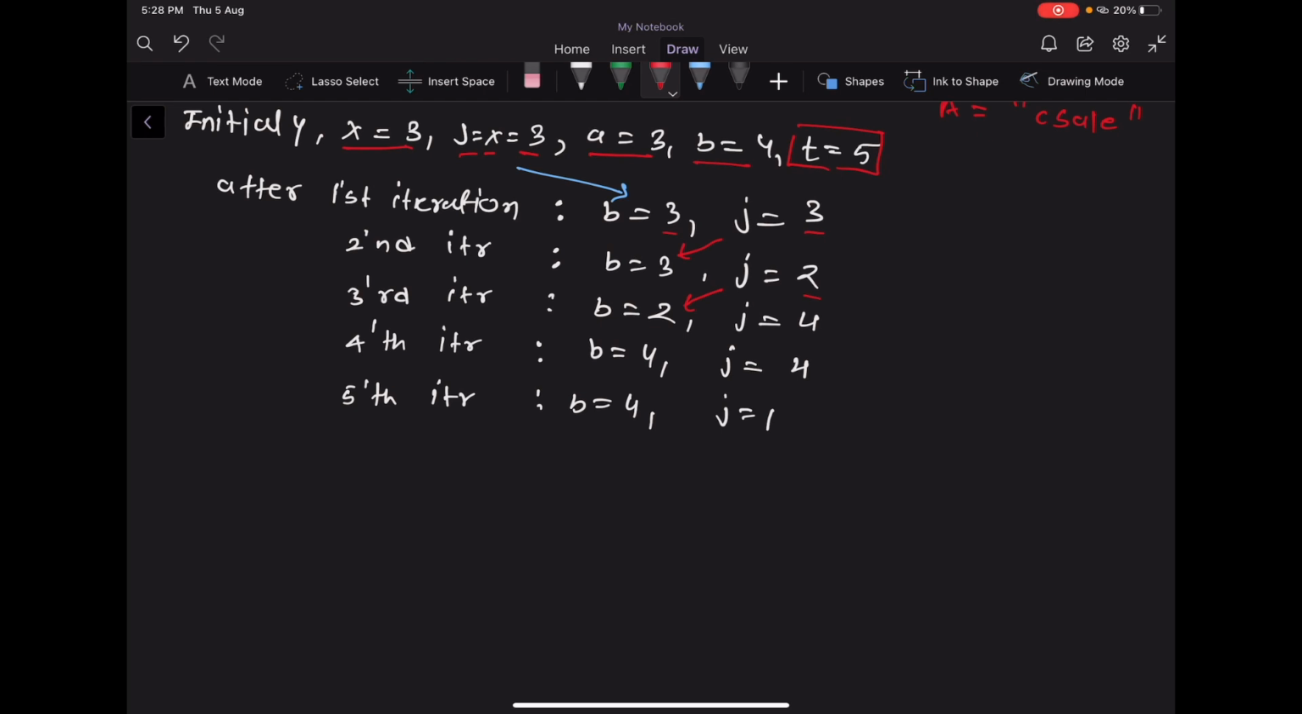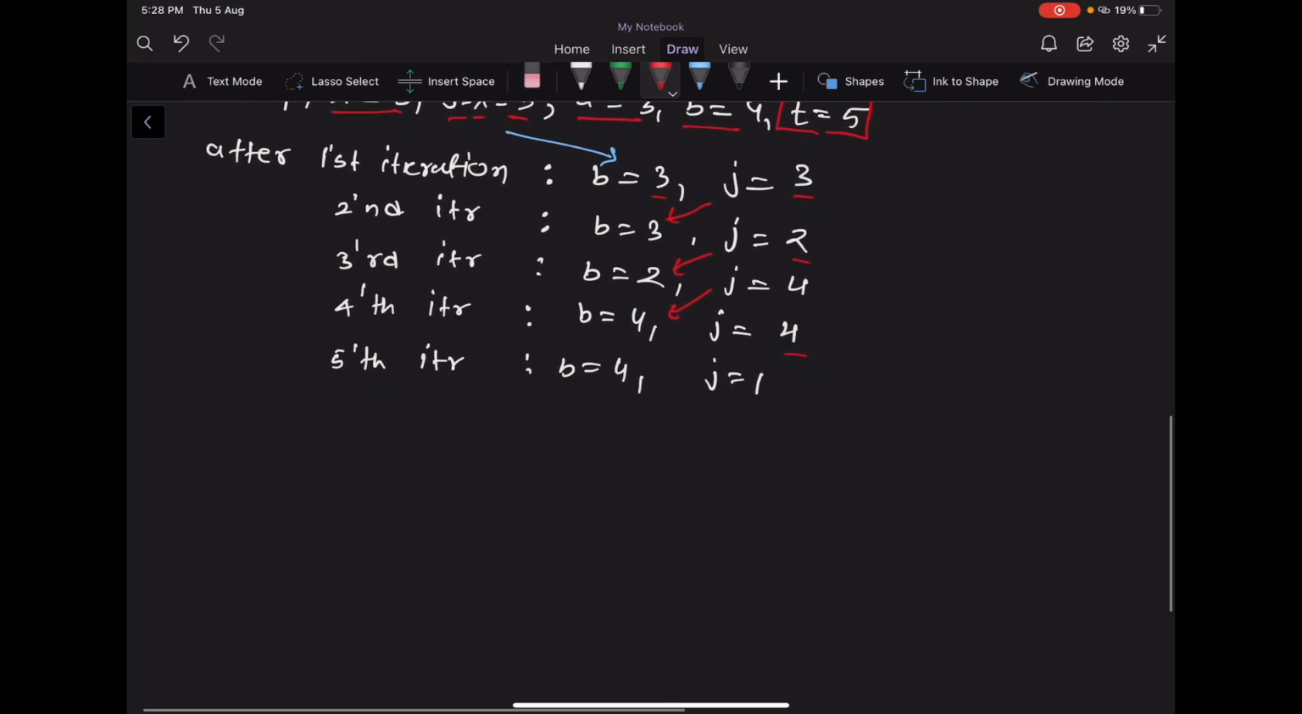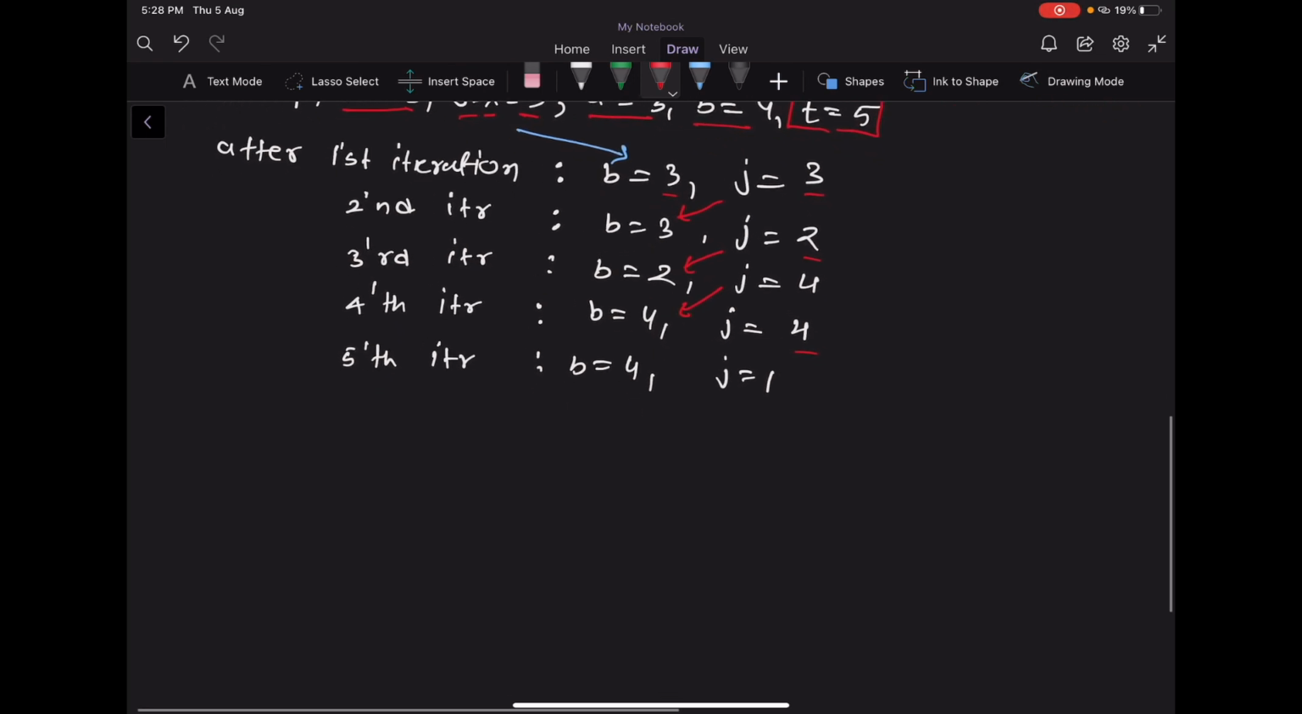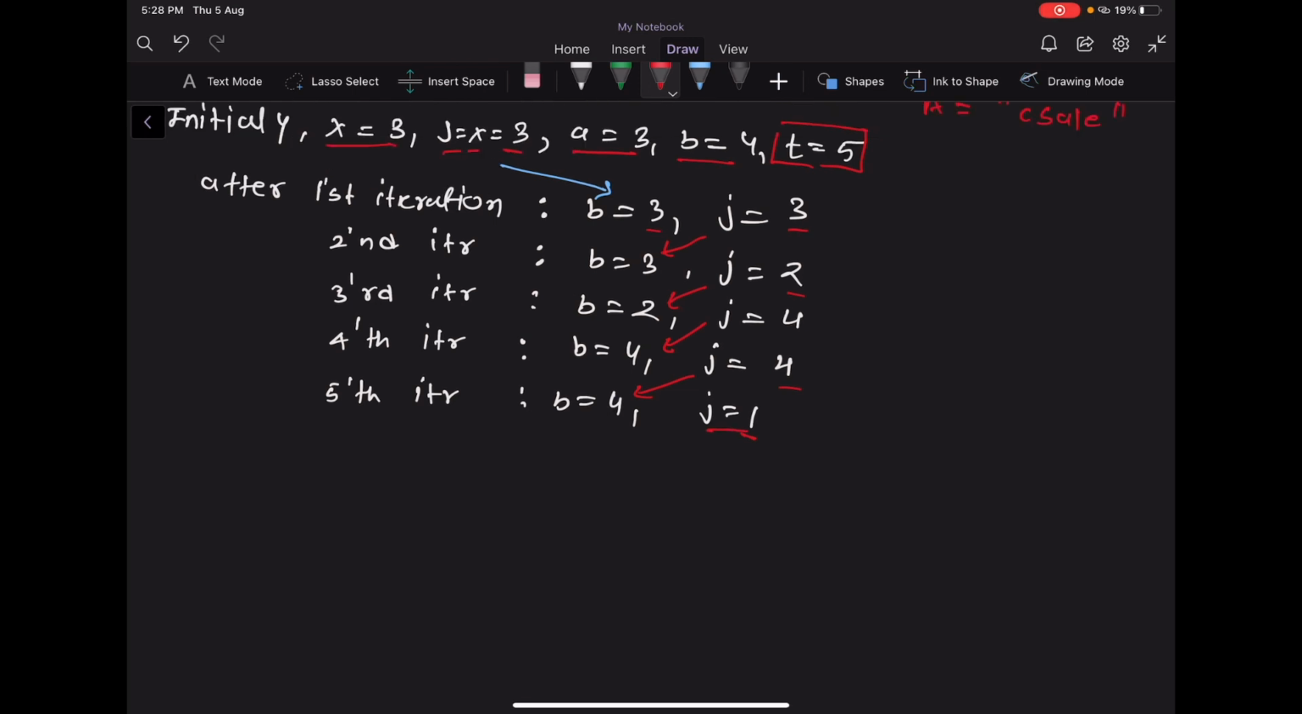And after the fourth iteration, the value of variable b will be equal to the old value of j, and the value of j after the fourth iteration will be equal to 4 times 3 plus 2 modulo 5, which will be equal to 4. And after the fifth iteration, the value of variable b will be equal to the old value of j, and the new value of j will be equal to 4 times 3 plus 4, which is 16 mod 5, and j will be equal to 1. So the initial value of x was equal to 3 and the final value of j is equal to 1,